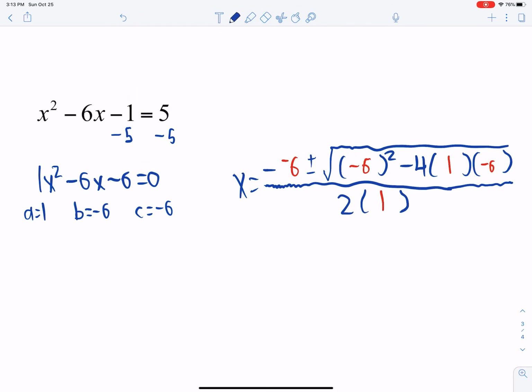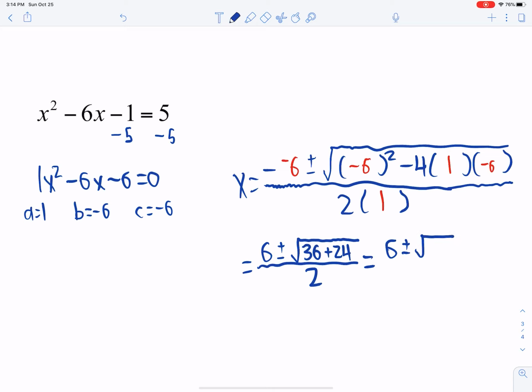The negative of negative 6 is a positive 6. Negative 6 squared is 36. Negative 4 times 1 times negative 6 is plus 24. On the bottom, 2 times 1 is 2. We add the stuff under the square root, and we get 6 plus or minus the square root of 60